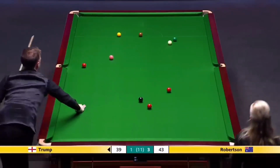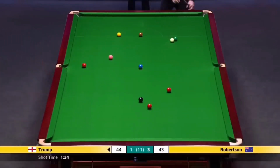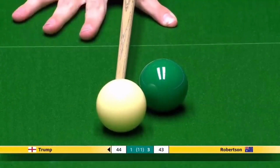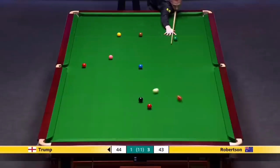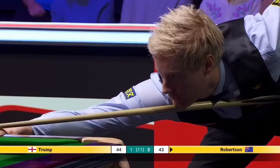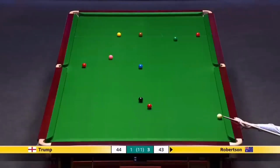No. No. A slight bit of side on it, which makes the pot more difficult. He decides to go for that one. Yeah, you would say that possibly that red to the right of the green was awkward, but not really to a left-hander. Shouldn't really prove any problem, but, well, what the problem is...